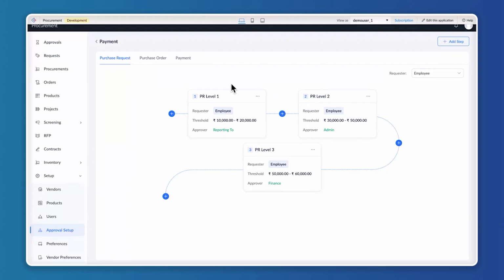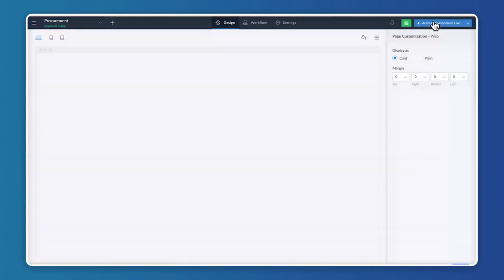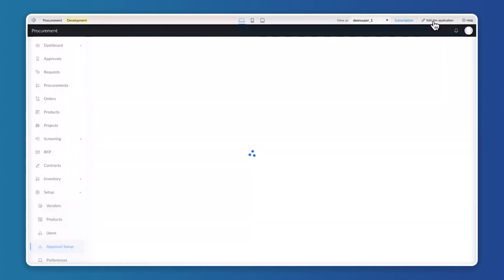Now let me go to the edit mode, and let me give you a quick demonstration of the code that we have used to build this particular UI. Before that, I'll duplicate this tab, and I'll go to the edit mode. Yes, I'll click on the edit,